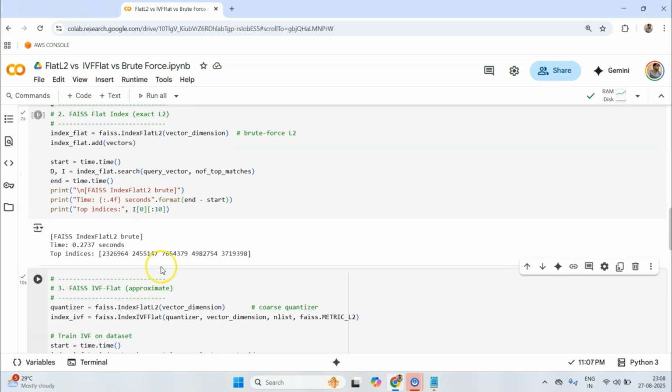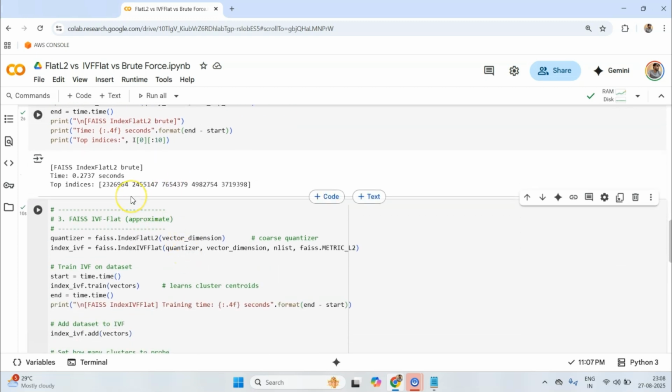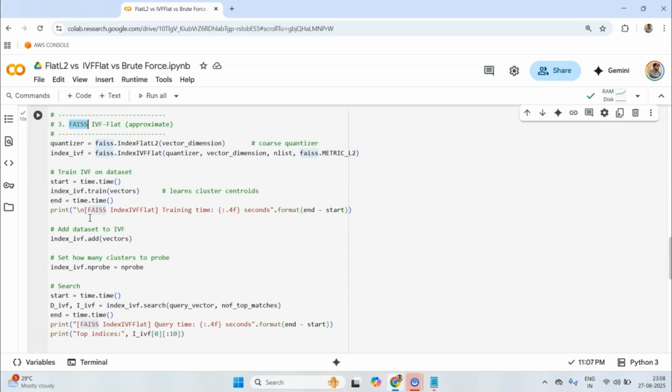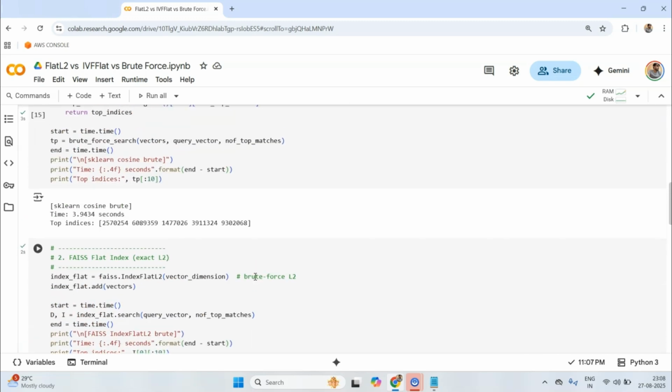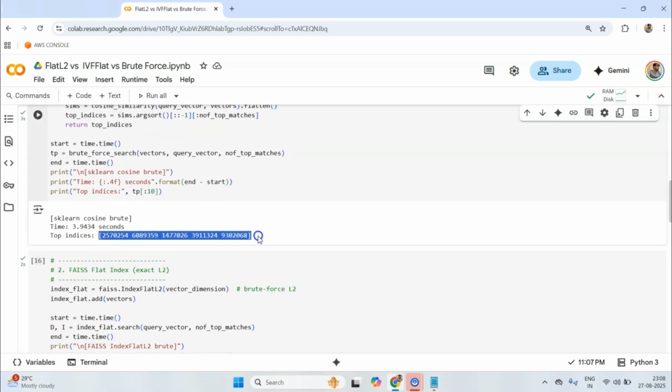Again, this all depends on a trade-off between speed and quality, and most of the time the FAISS library will do a good job in getting a good recall. By recall, I mean the correct results, because this brute force approach is doing a 100% accurate job.